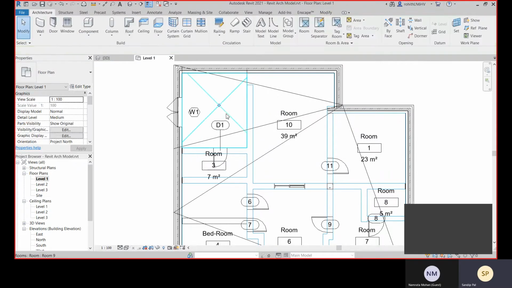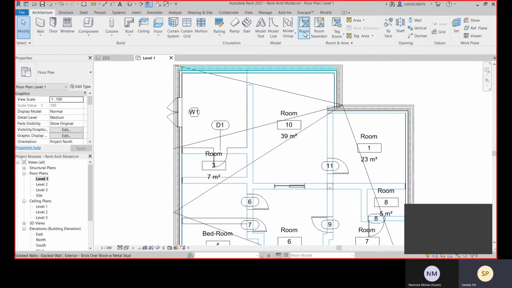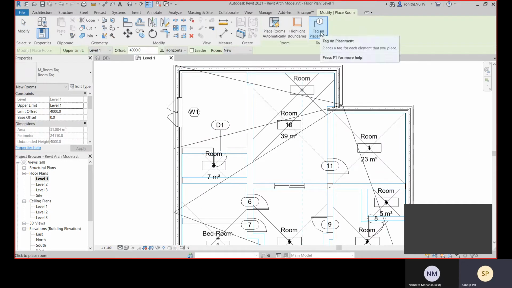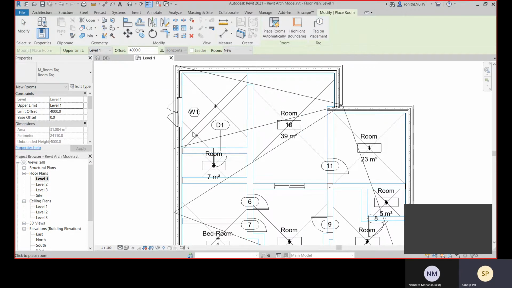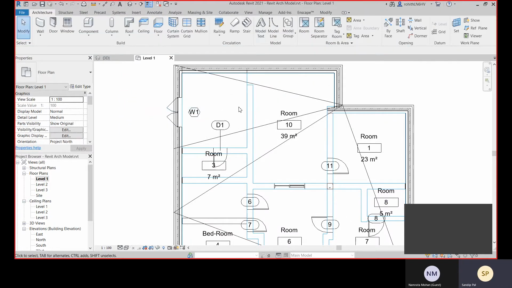Let me show you that when you are defining this room bounded area, this tag on placement may be unchecked, and you have defined this boundary. And for this reason also you may not get the room tag.